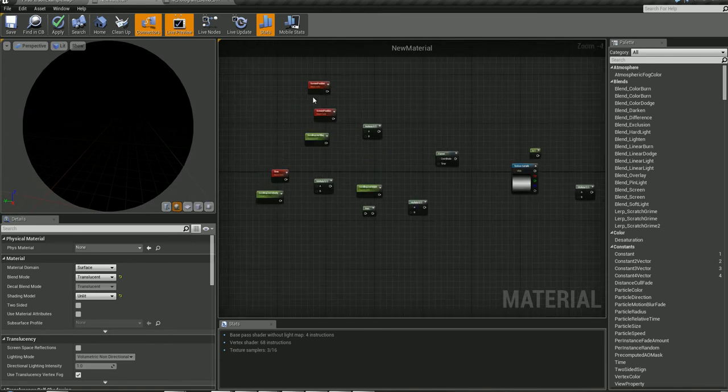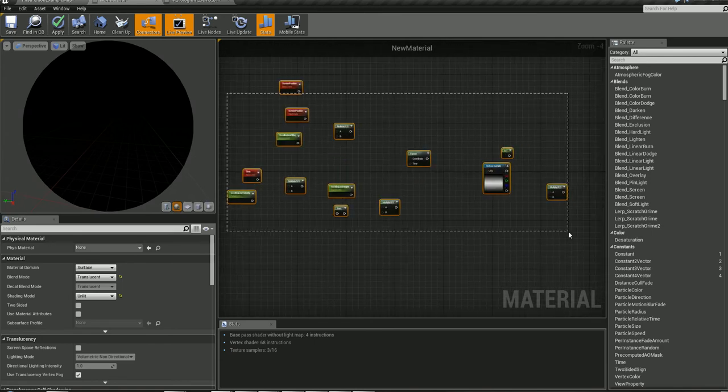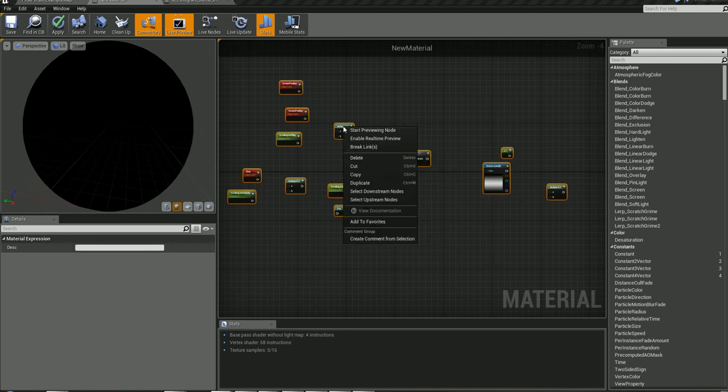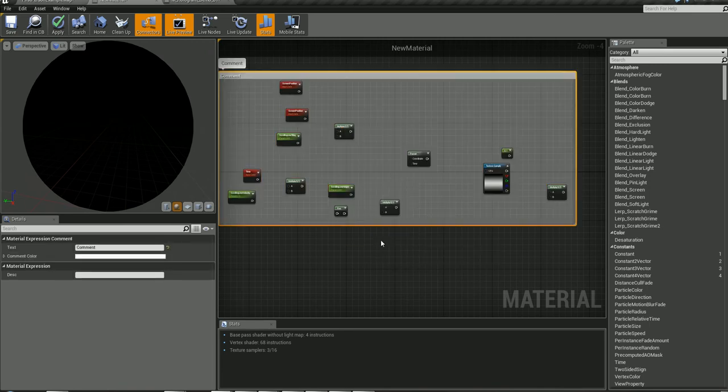Here's the first nodes that we have to mess with here. This is going to be our vertical line. So I can right click on these guys. Oops, excuse me. Right click and create a comment for this. We'll call this vertical plant panning